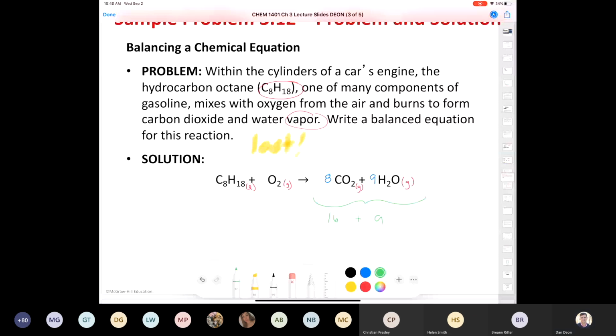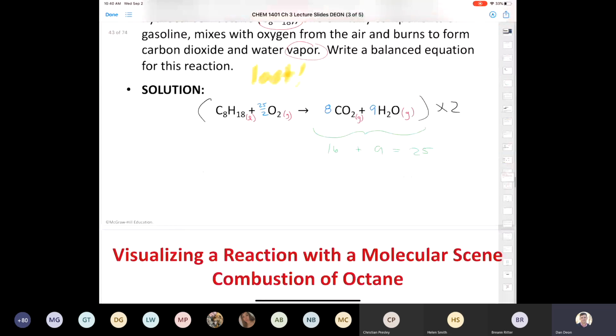25. So that means we have 25 atoms of oxygen on this side. So what times 2 gives me 25? The answer is 12 and a half, right? But I'll just write it as 25 over 2. And if you're thinking, well, Mr. Deon, I thought you said no fractions. No problem. Let's take the whole thing and we'll multiply it by 2. And then our balanced equation will become